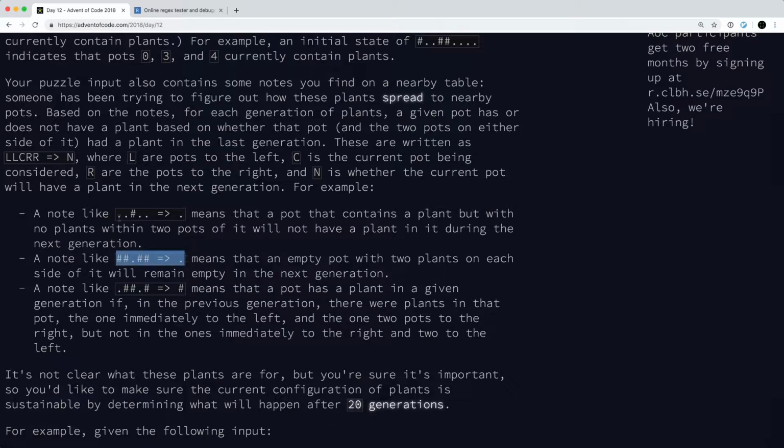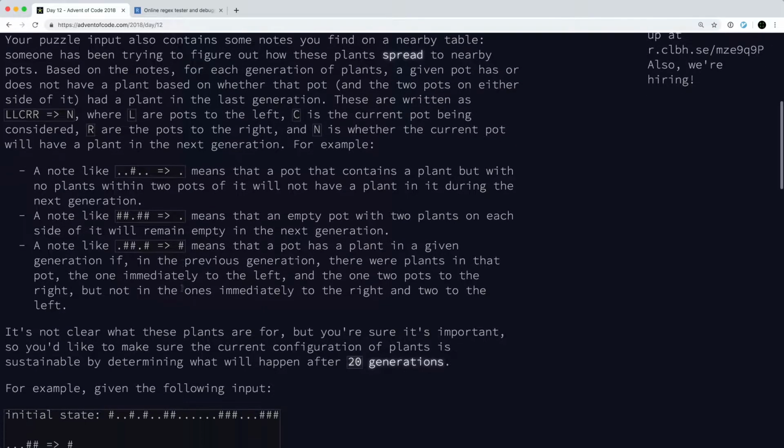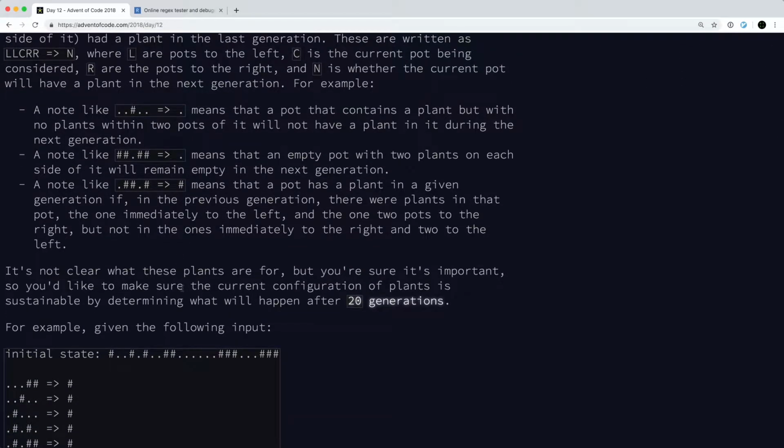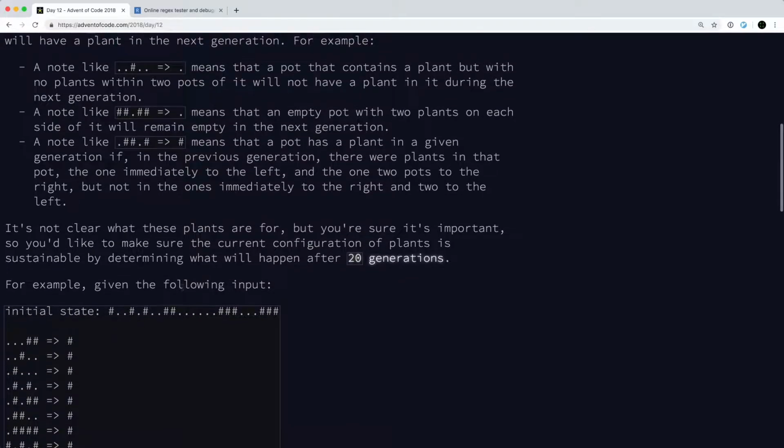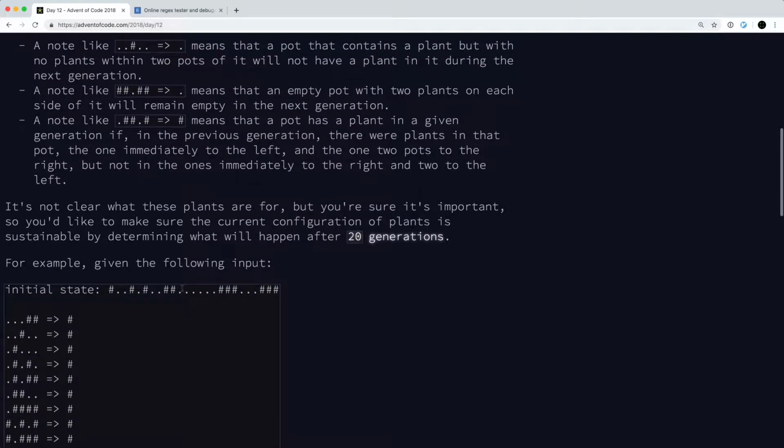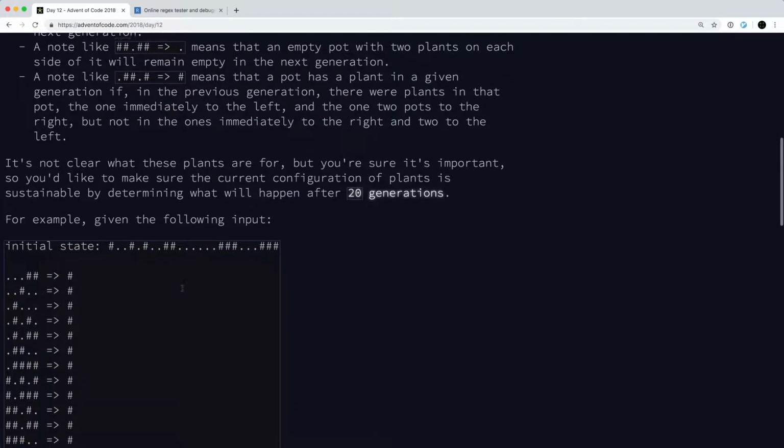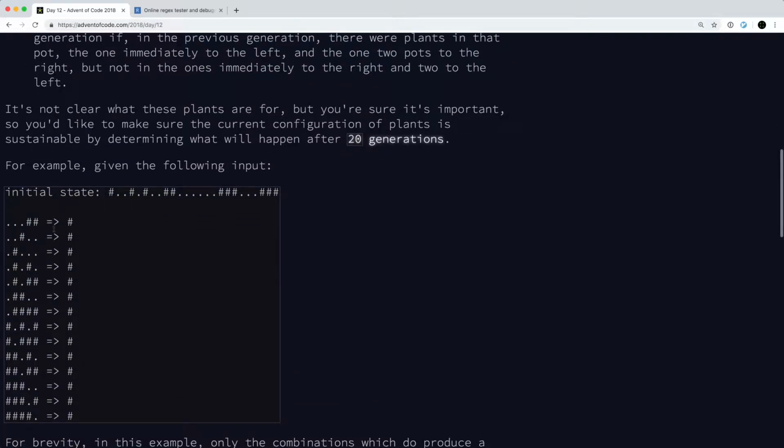So these are not sustainable patterns because they yield a dot. This is a sustainable pattern because it yields a plant. It's not clear what these plants are for, but you're sure it's important. So you'd like to make sure the current configuration of plants is sustainable by determining what will happen after 20 generations. For example, given the following input with an initial state of these plants, so this is the 0 pot, and these are other pots going down the line, and these notes or rules for what patterns are sustainable,